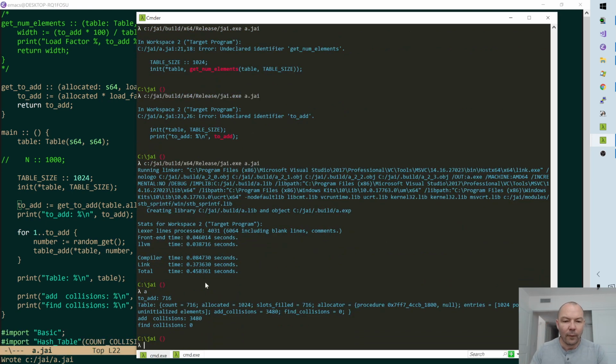All right. So 716 items in the table, 1,024 slots allocated, right? 716 of them filled. I don't know why these are separate numbers. Oh, these are separate numbers because with this table, if you remove items from it, it leaves a tombstone there and the slot stays filled until you resize. And the reason for that is because when you're doing these reprobe chains, if you break a reprobe chain and claim that that slot is empty, then someone trying to find an item in it